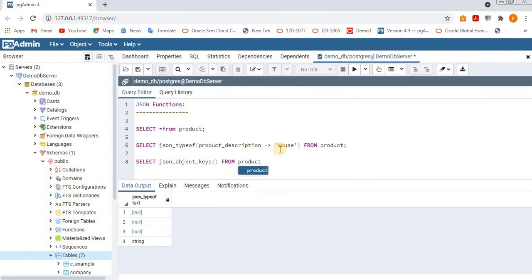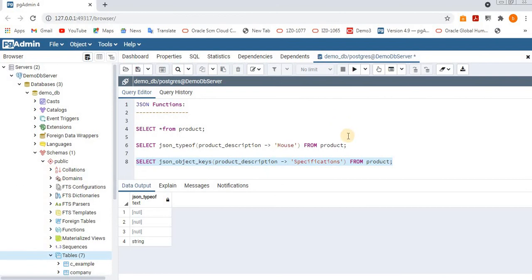You need to pass the product description and then give specifications, because this is the object type which holds a value for that key.